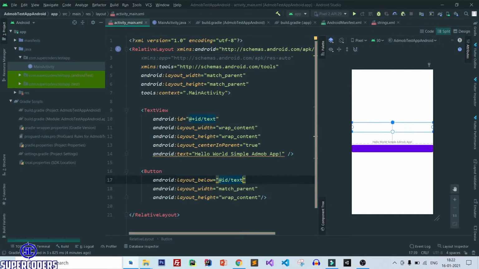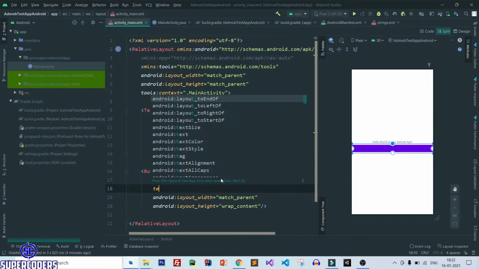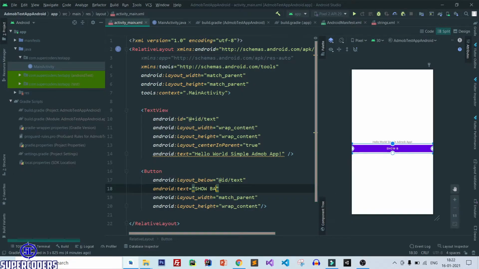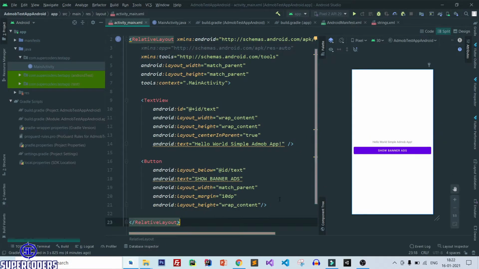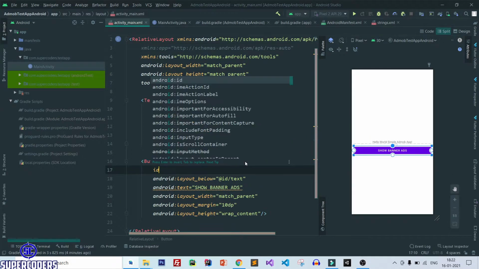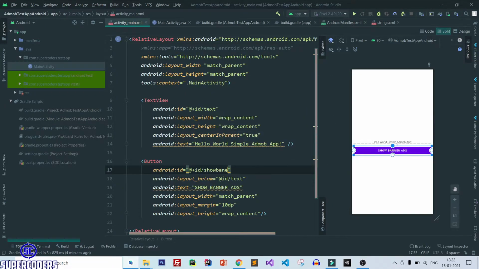Below text so banner, so banner ads, margin 10 pixel. After that, adding ID, so banner, so interstitial ad, interstitial ads.